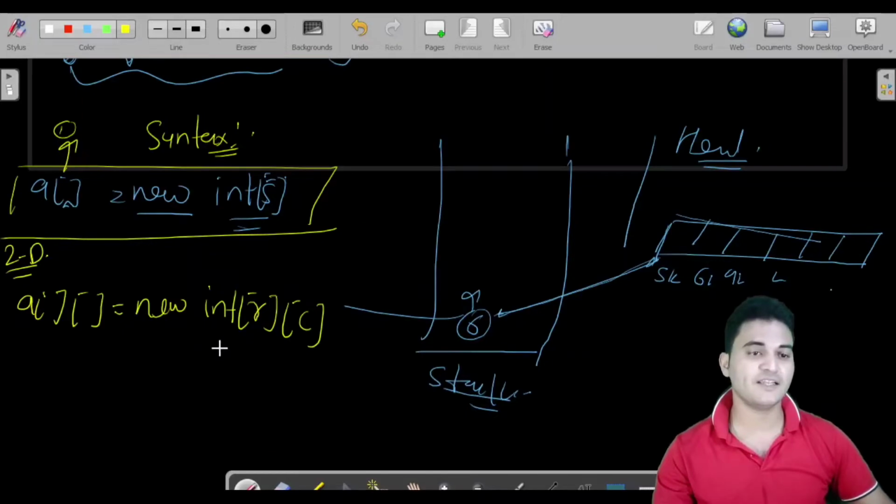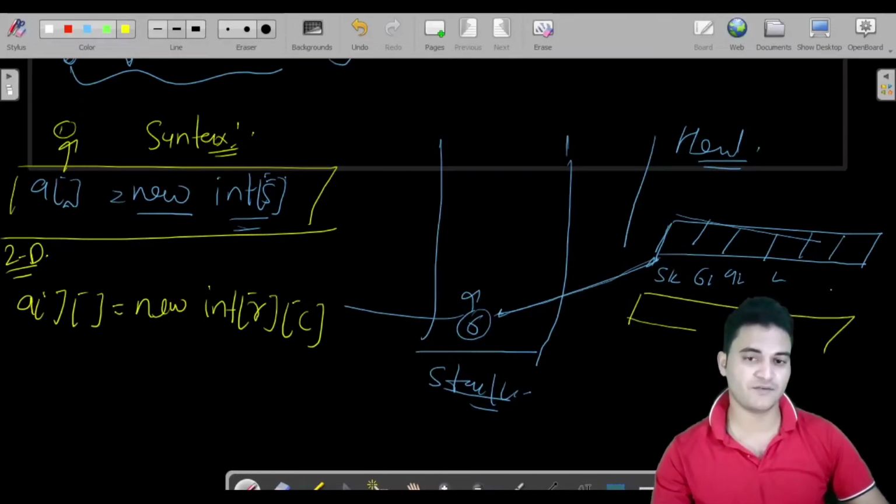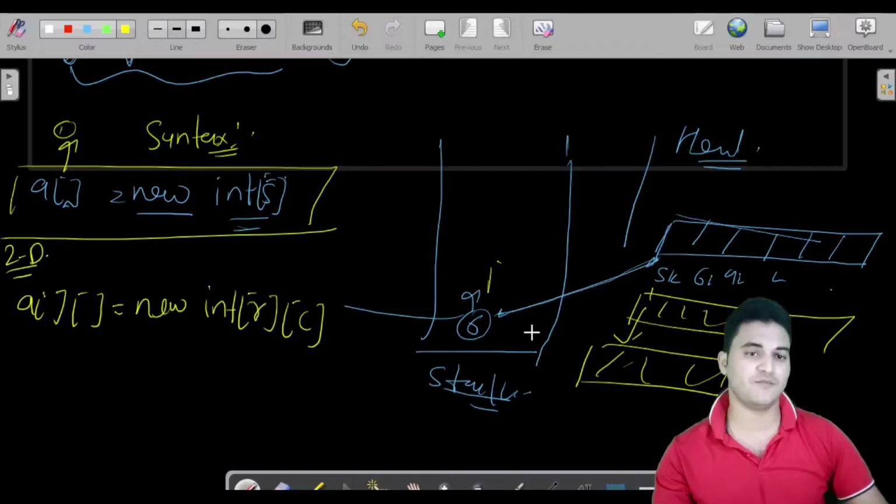So if you remember, the memory is going to be in this format only: there would be a variable and memory would be assigned, let us say for row, and each row would be pointing to some column memory. So this is how it is being stored in the heap. Fine. So if you are worried about the heap, then I would be putting the link into the description. You can check it out from there.